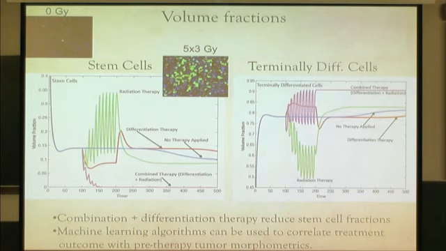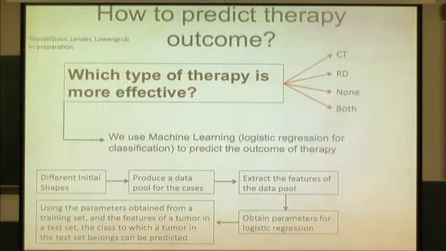And so that's one example, and it's indicating one potential strategy for dealing with this. This is just an experimental image to show that when you do radiotherapy, the green are stem cells compared to nothing, you dramatically increase the fraction, like what you predict here. But that's just one example.